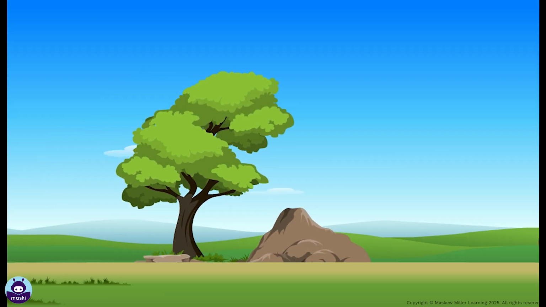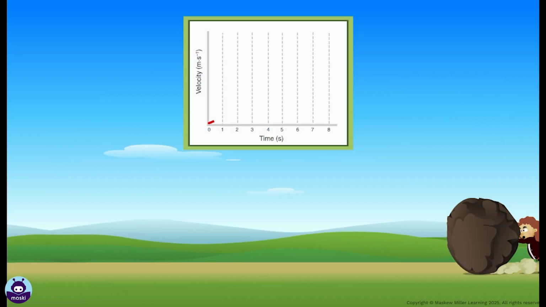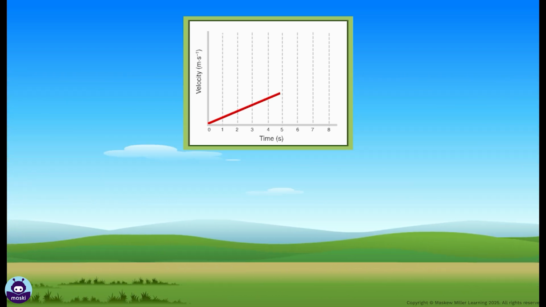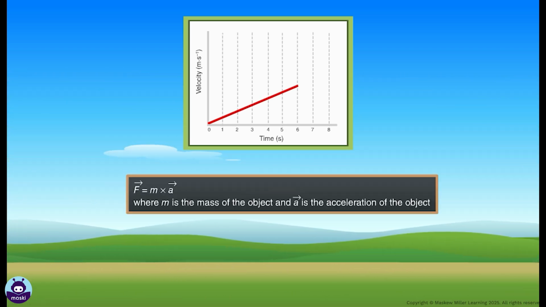Newton's second law of motion states that when there is a net force acting on an object, the object experiences an acceleration in the direction of the force. The acceleration is directly proportional to the net force and inversely proportional to the mass of the object. Vector F equals m times vector a, where m is the mass of the object and vector a is the